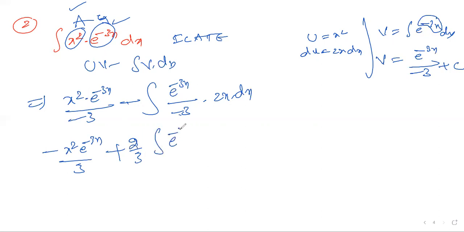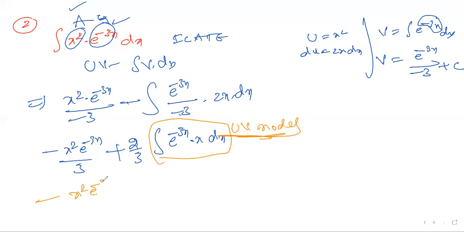The question is e power minus 3x into dx. Is it still clear? Any doubt, is it clear or no? So again, this question is not so simple. This question again looks like a UV model. Again it looks like a UV model. I'll try to take a UV here.